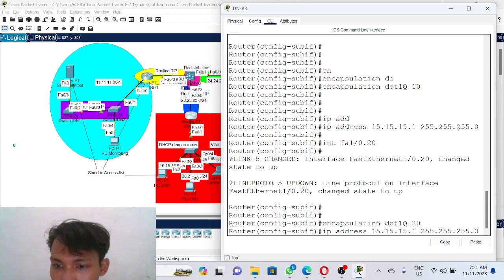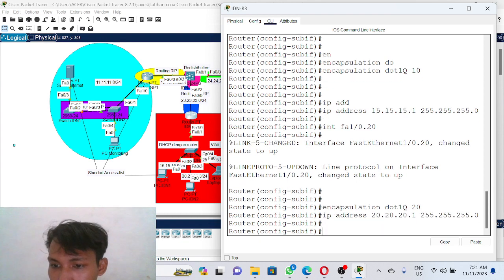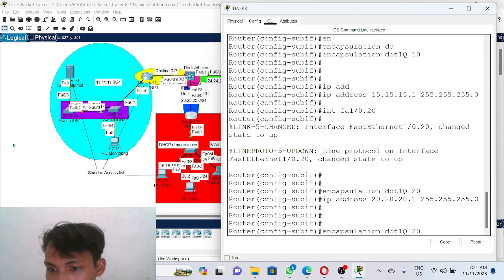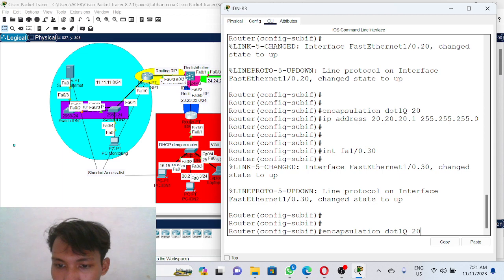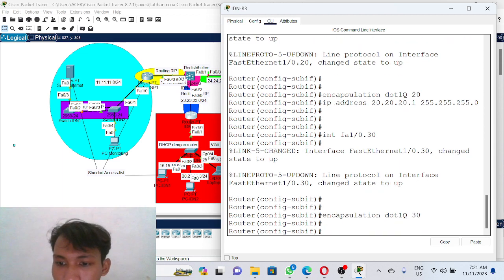The address we change to 20.20.20.1. Okay, then we make subinterface 30, encapsulation dot1q 30, and then the IP address. We correct the IP address to 25.25.25.1.